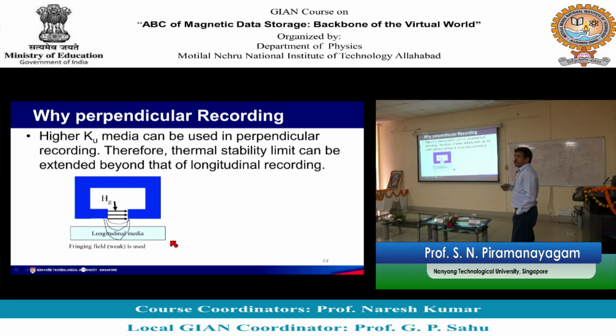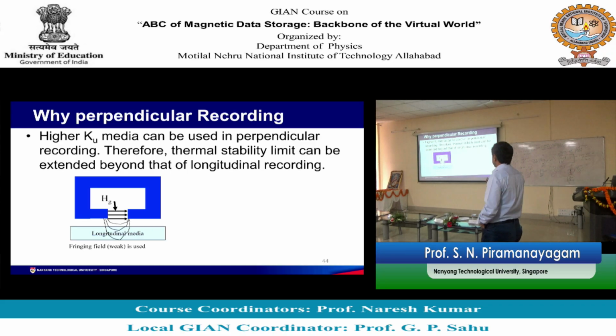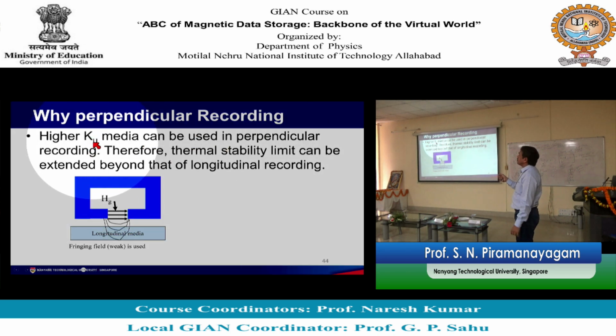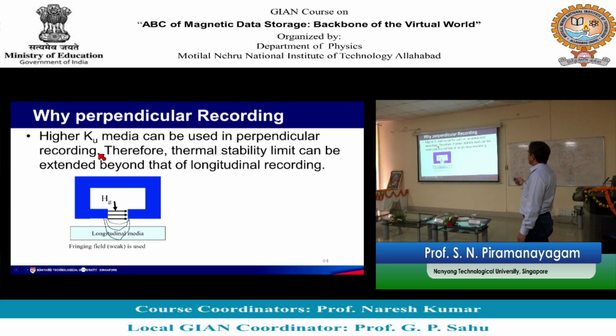One solution to overcome the writability problem associated with longitudinal recording technology is perpendicular recording technology. In perpendicular recording technology, we can use media with a higher anisotropy constant, so the thermal stability problem can be solved. To tell you why perpendicular recording has better writability, let's look at how we write information